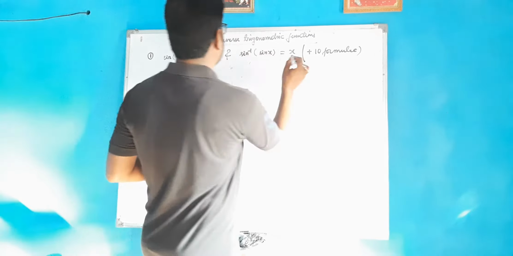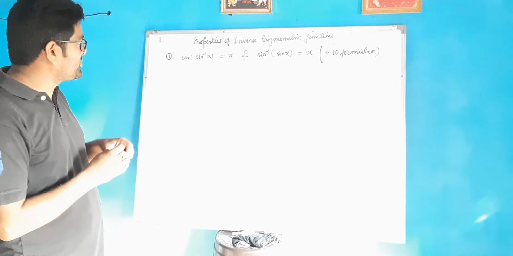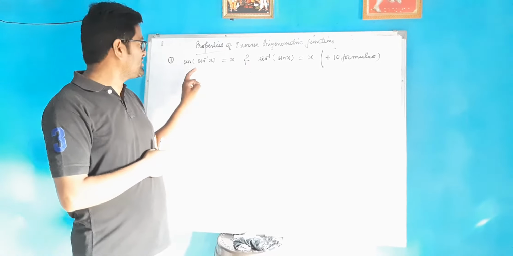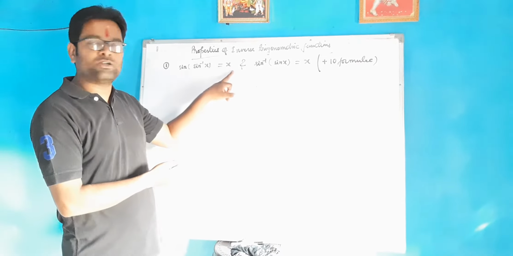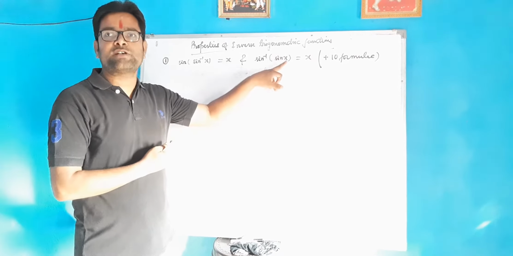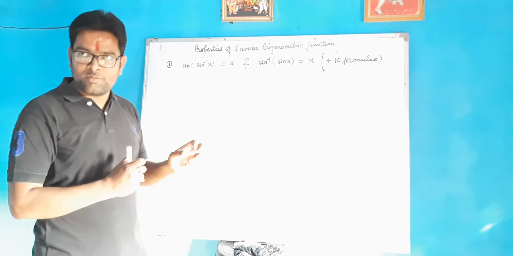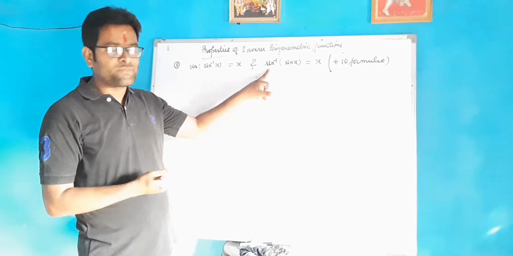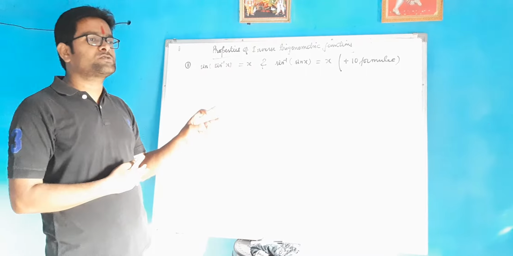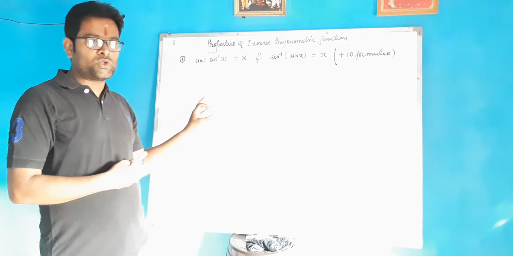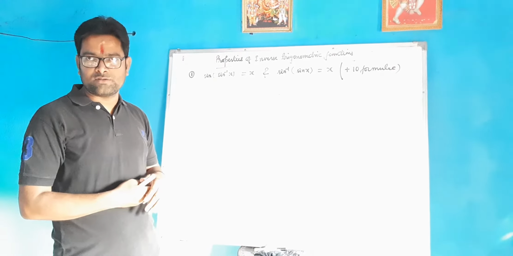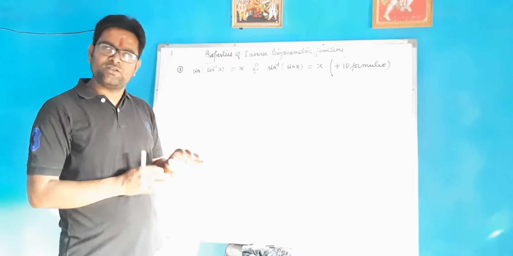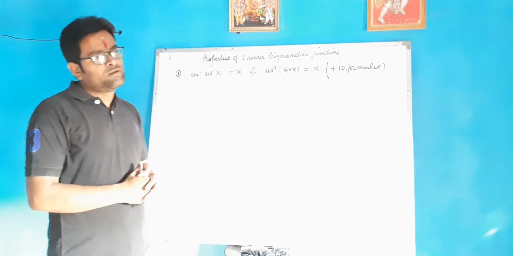So you can easily remember that from this first formula I have already made 2 formulae. Try to understand it. Sine of sine inverse x is equal to x. That is, sine inverse of sine x is equal to x. A little bit of change: here the inverse is used later, and here the inverse is used first. In this way we can have it for cos also, tan also, cot also, sec also, and cosec also. So we can have 10 more formulae, which I am not going to write here. You can easily understand in the same way.